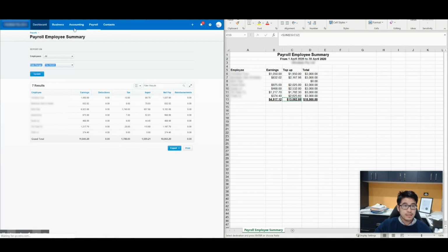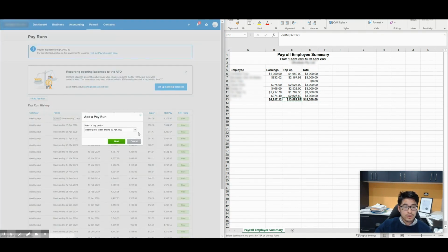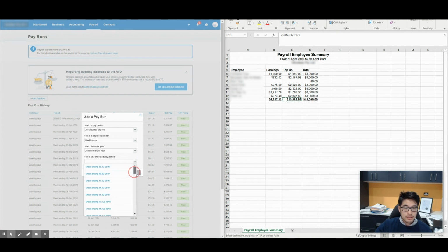So what I'm going to do next is go back to payroll and do the next pay run for the week ending on the last fortnight. In this case, we're doing an unscheduled pay run because the pay run's already been done for the fortnights. And we'll just select the week ending on the last fortnight for the month. You'll notice that there's a 22nd of April and a 29th of April. In this case, it will be the 22nd because the 29th doesn't fall on the pay runs starting from